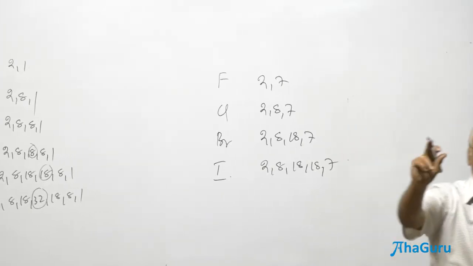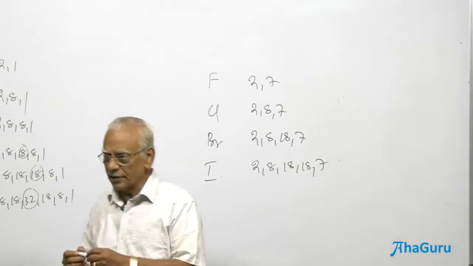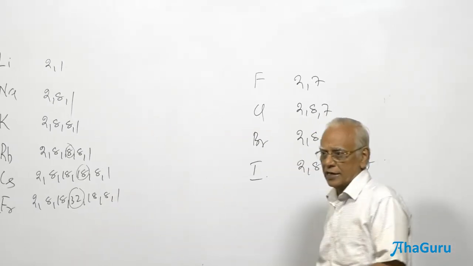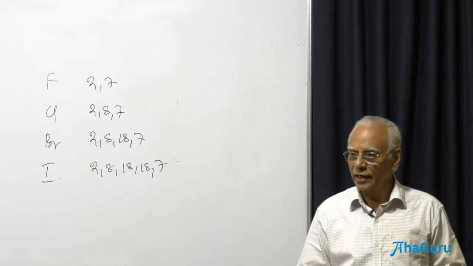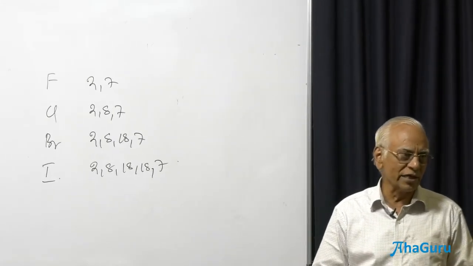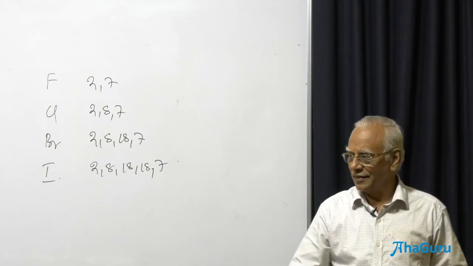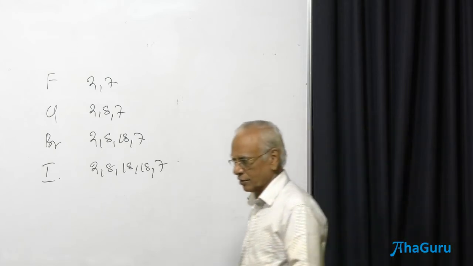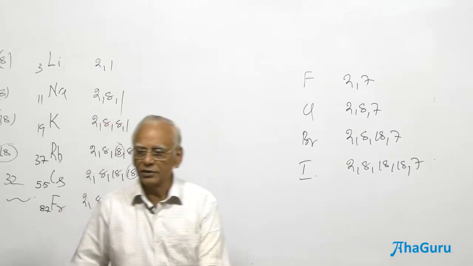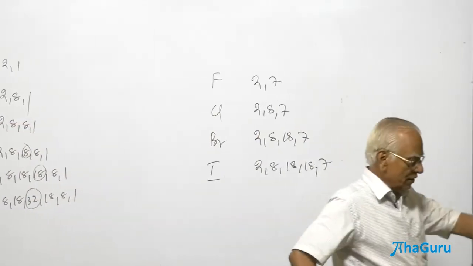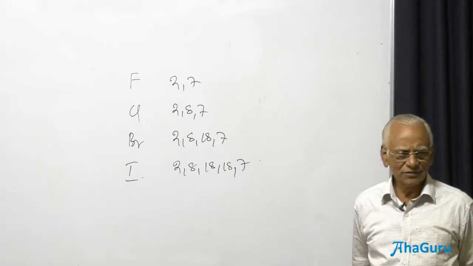Name only one element which differs from the rest of the elements in terms of the electronic configuration. It is fluorine only, it is chlorine only, it is bromine only, it is iodine only, it could be bromine and chlorine, it could be fluorine and chlorine. Multiple choice question. Name one element, it's an IIT question. Write it. Name one halogen which differs in the electronic configuration. What is that?